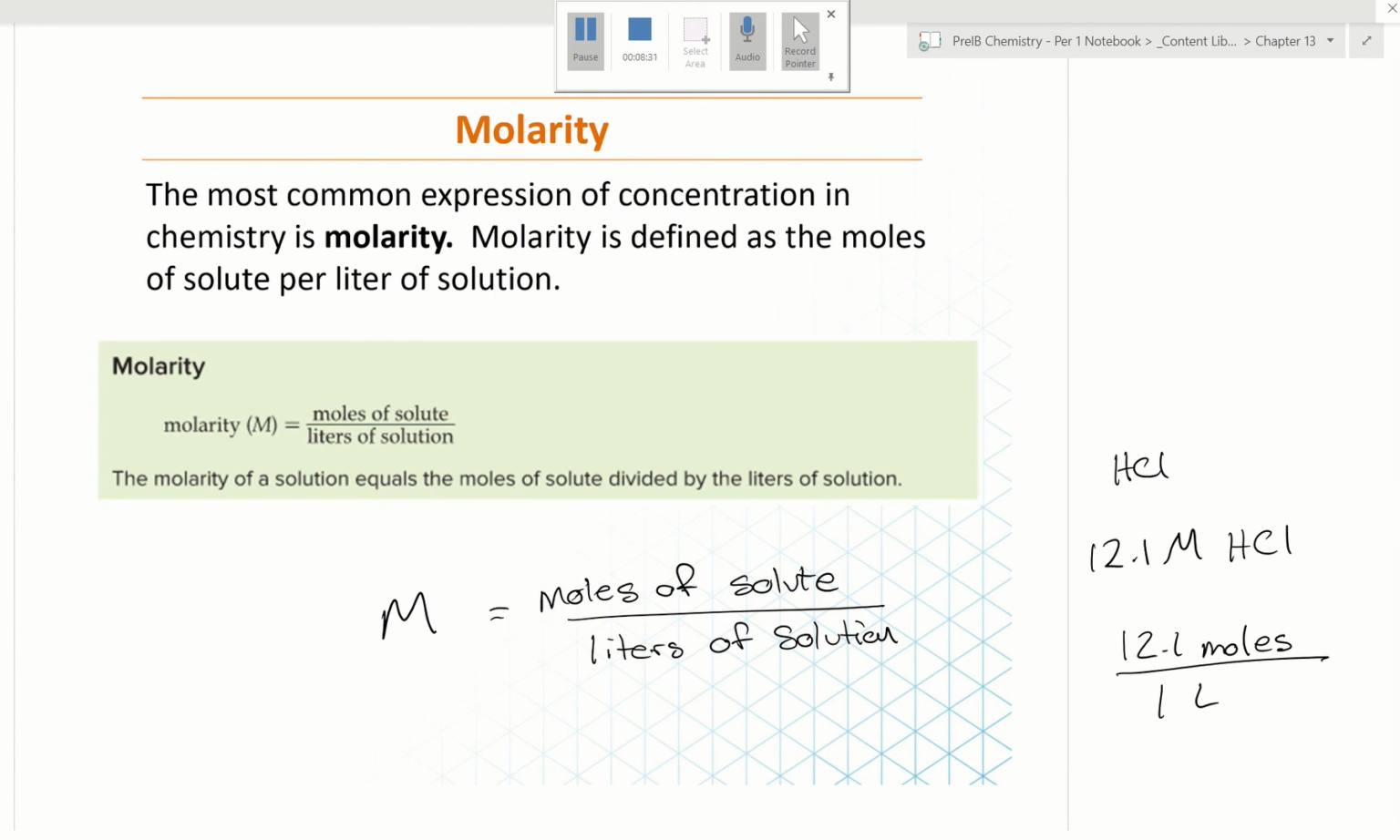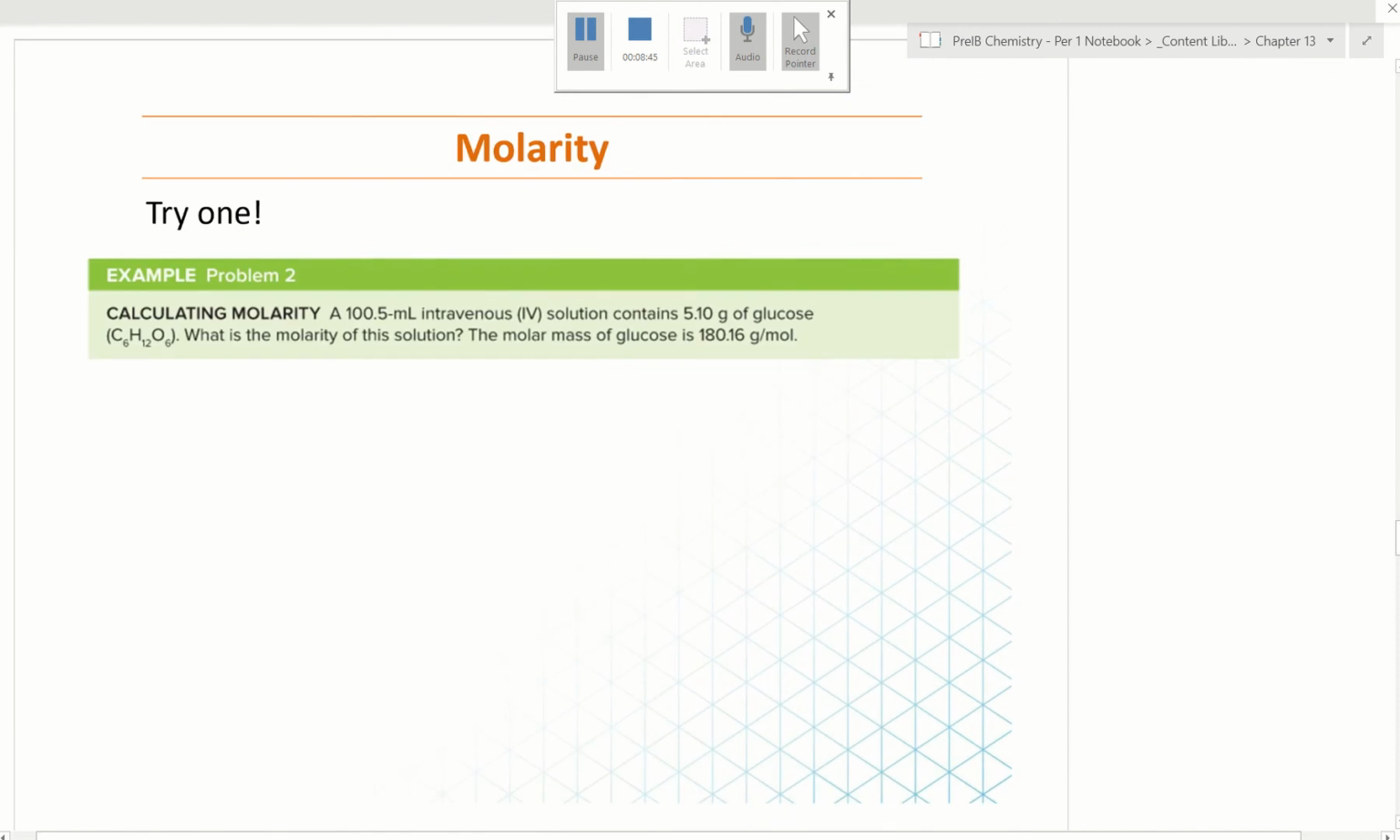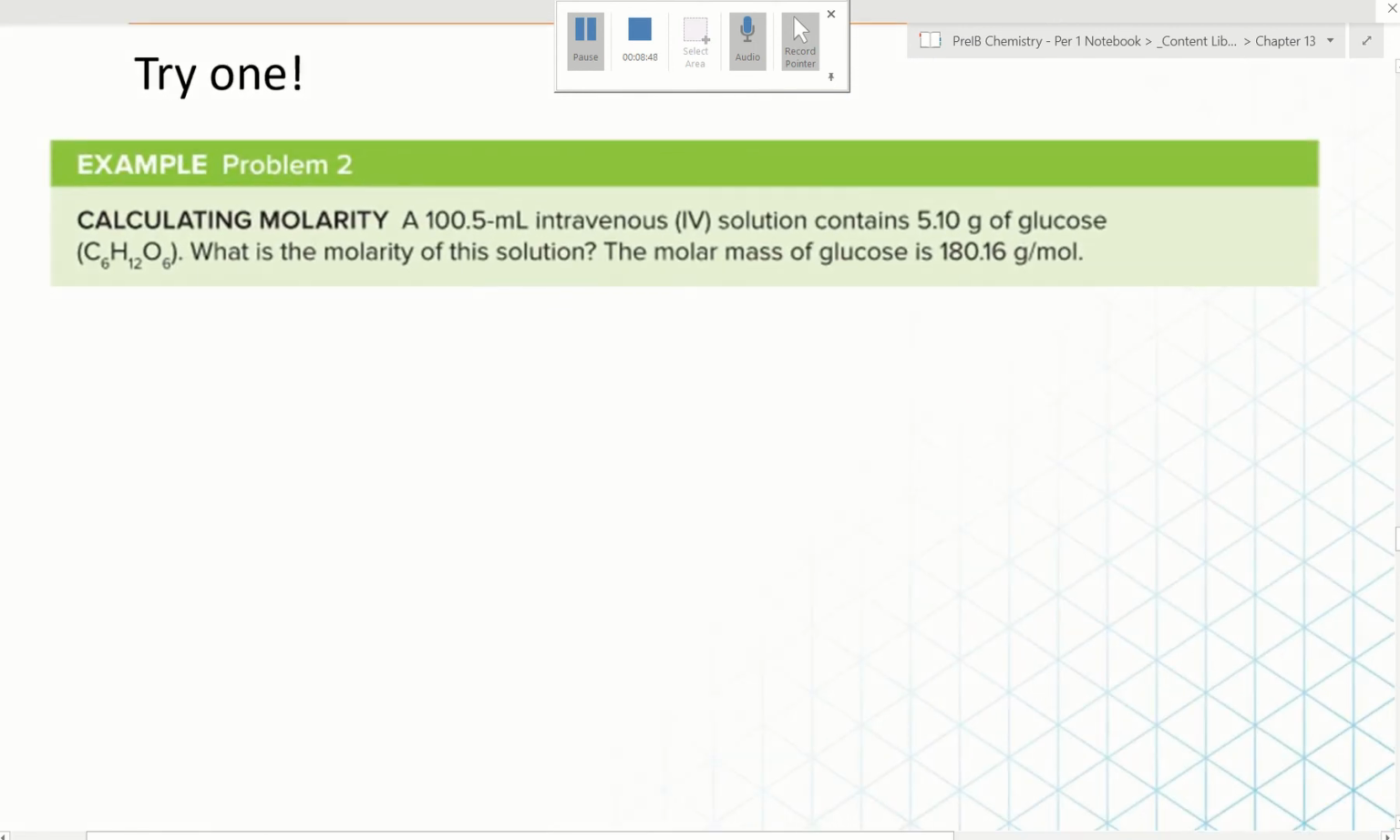So molarity is super common. It's the one that we're most interested in because we're able to dissolve something in water. And so this is the one that we'll use most often with solid solutes. So let's try one here. All right, in order to do this, you're gonna need a periodic table because we're dealing with a mass of glucose, and our molarity equation is moles of solute over liters of solution. So we're gonna have to take our